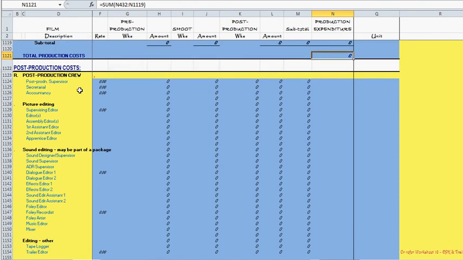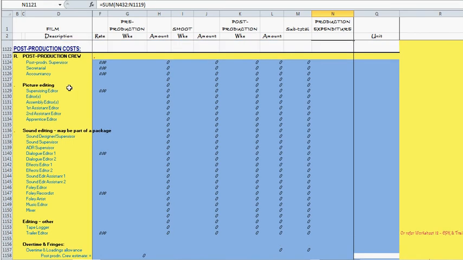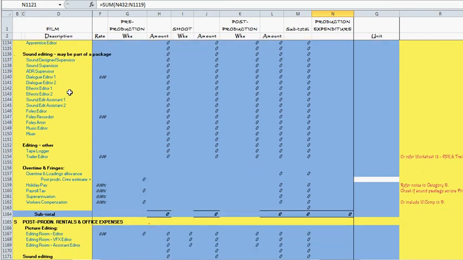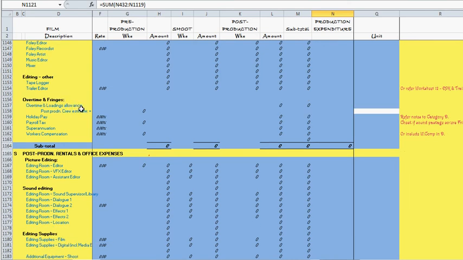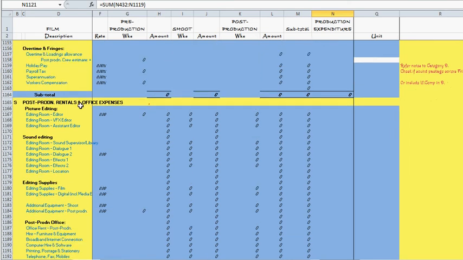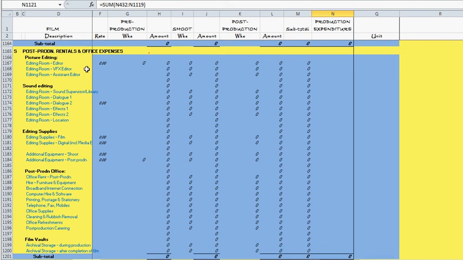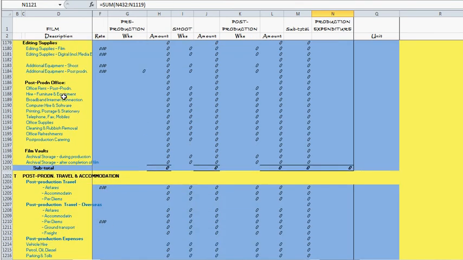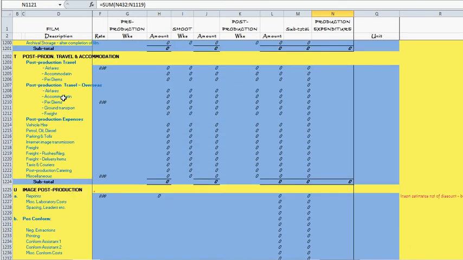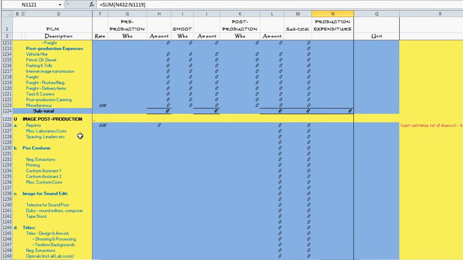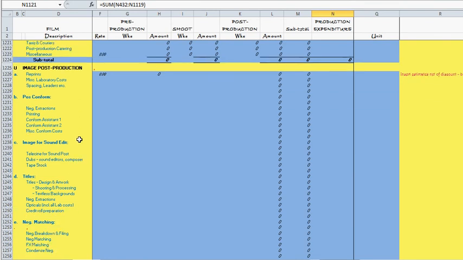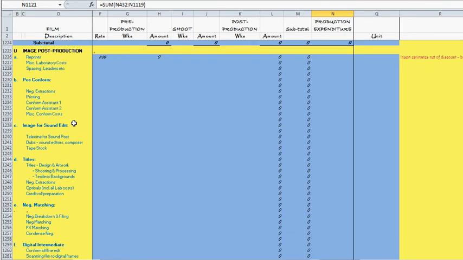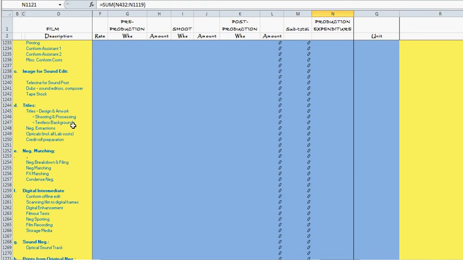So the post-production is after the production, which is editing. So you have your picture editing, your sound editing, whatever dialogues needed in that, your overtime of that, because usually it's going to take a lot longer than as planned. Your post-production rentals and office expenditures for the editing people itself, their editing supplies, and places where they're actually doing the editing. The post-production travel, that's going to be needed for personnel that needs to redo editing or go in and do editing and image post-production, whatever the after effect of re-editing the images themselves